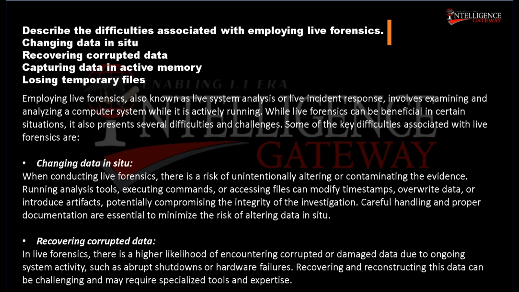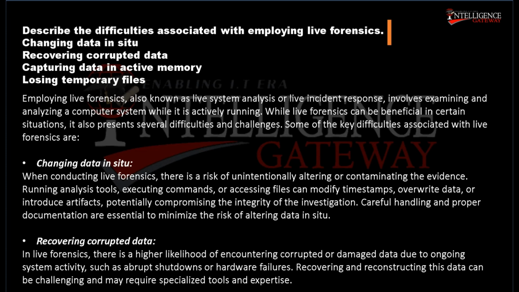Describe the difficulties associated with employing live forensics. Changing data in situ, recovering corrupted data, capturing data in active memory, losing temporary files. Employing live forensics, also known as live system analysis or live incident response, involves examining and analyzing a computer system while it is actively running. While live forensics can be beneficial in certain situations, it also presents several difficulties and challenges. Some of the key difficulties associated with live forensics are